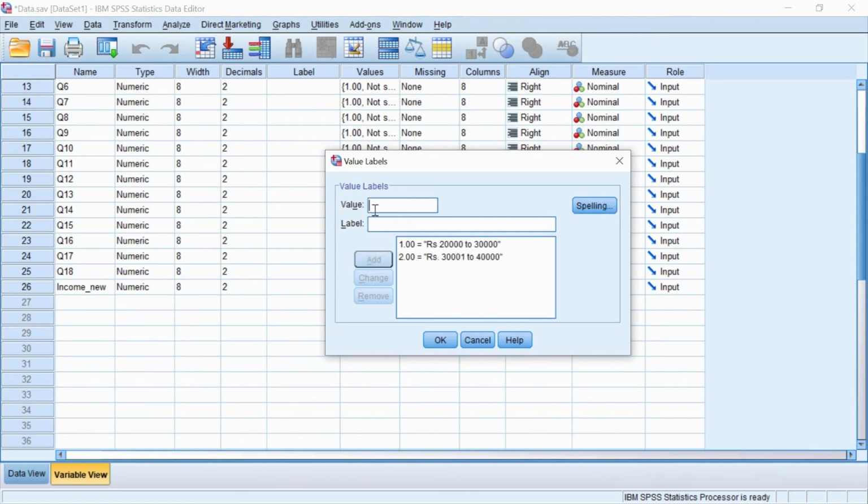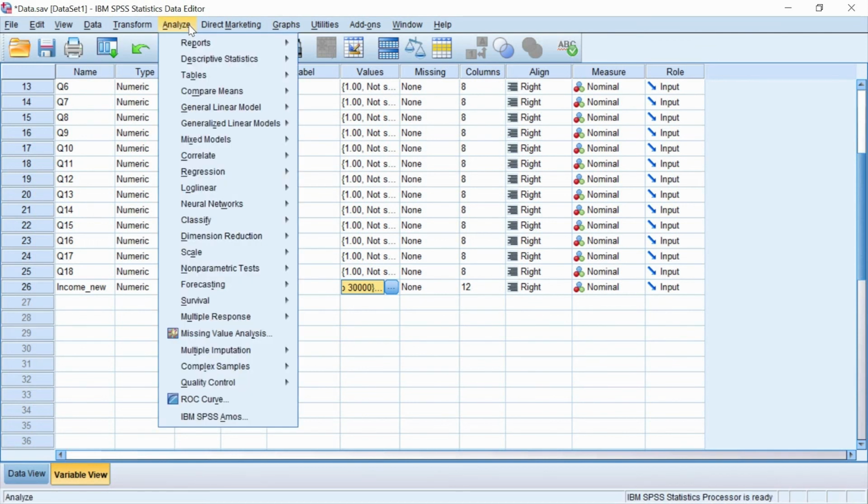Click add button. Number 3, 40,001 to 50,000. Click add button. Click OK.